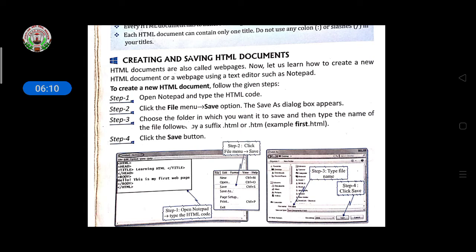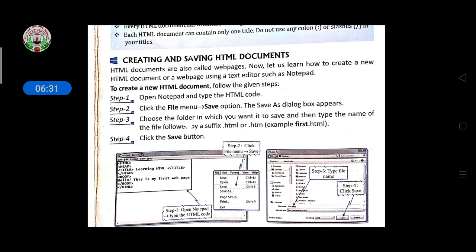Without the HTML extension, your computer is unable to read that it is an HTML program, and your output will not be displayed in the browser. So this is very important for you. While giving the file name, you have to give the extension.